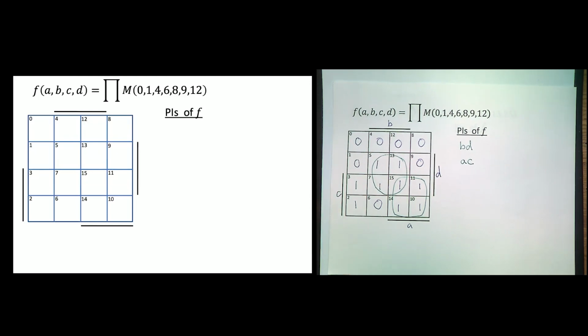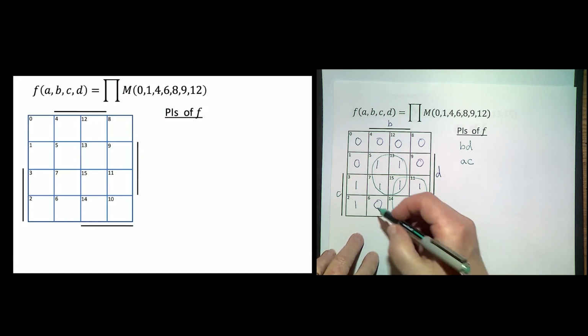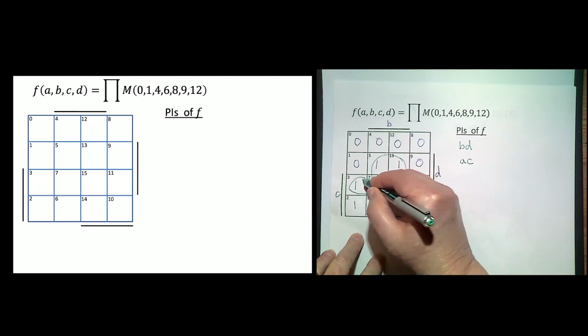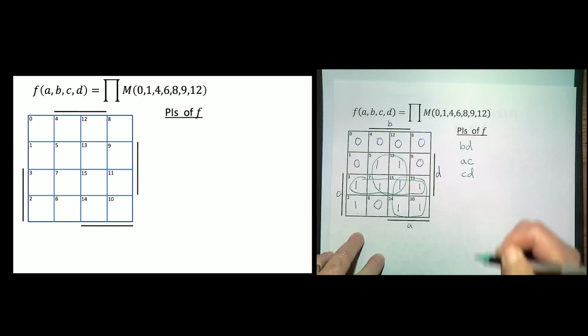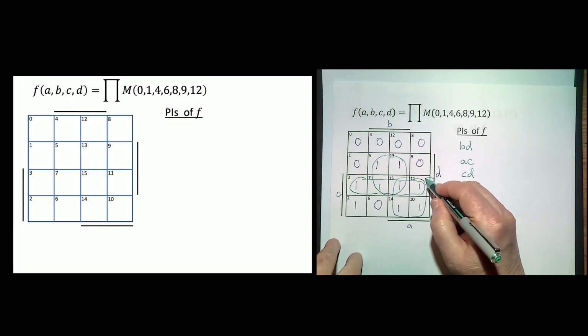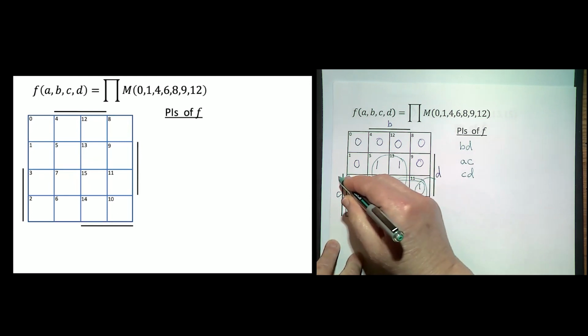All right, any others? Yes. 3, 7, 15, 11. Okay, and what's that one? CD. CD, okay. Yeah? 3, 2, 11, 10. Okay. All right, so